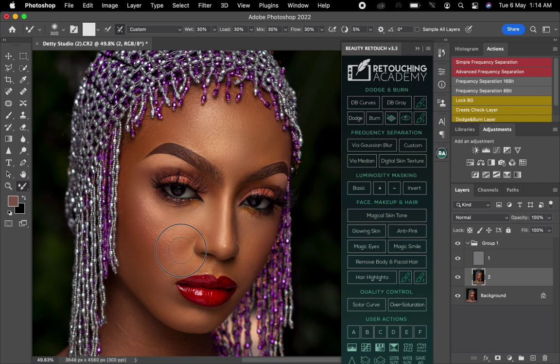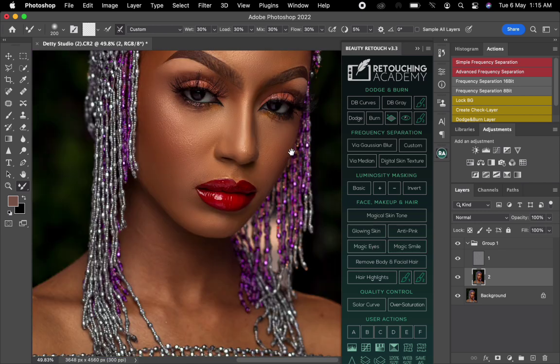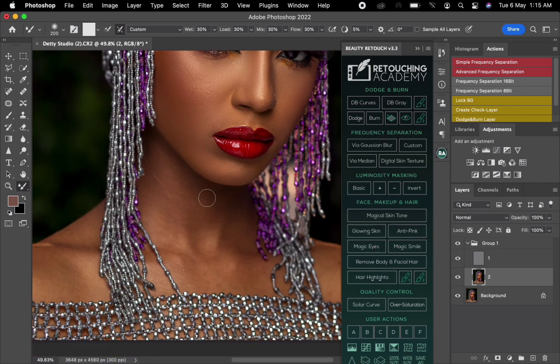I'll just brush this part. You can see the way I'm turning my brush and now everything is going. So I'll come right to this part and do a gentle touch on it. So you can now see on the face the before and after. Before and after. So I'll come right down to the neck area and I'll still continue brushing